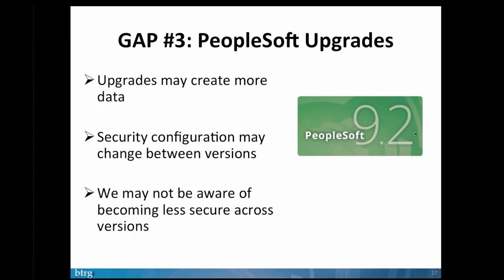And then, of course, the upgrade process. With PeopleSoft 9.2, upgrades do tend to create more data. Perhaps there are new columns or tables get split, and we do tend to create more data in there. More features and functions tend to create more data. Security configuration may change between your versions, so you might find that as you go through your upgrade process, you need to adjust security,